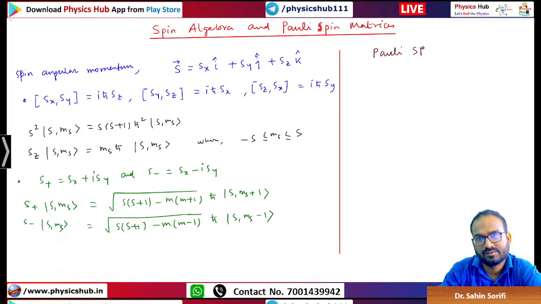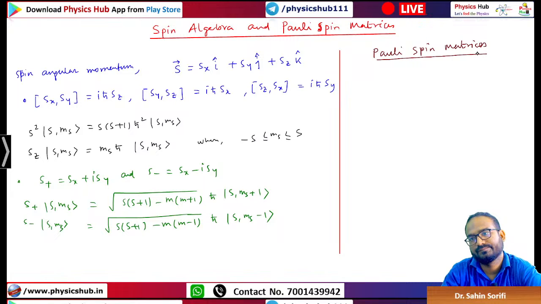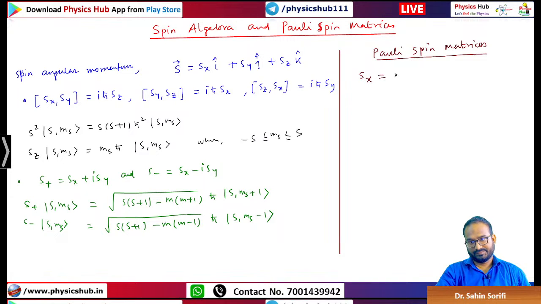Pauli spin matrices. Okay. So Pauli spin operator, we have seen Sx, Sy and Sz. Pauli spin operator is defined in this way. Sx is equal to h cut by 2 sigma x. Sy is h cut by 2 sigma y, and Sz is equal to h cut by 2 sigma z,